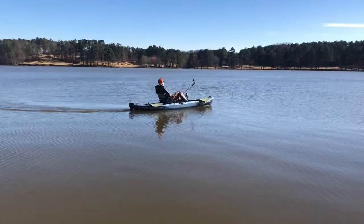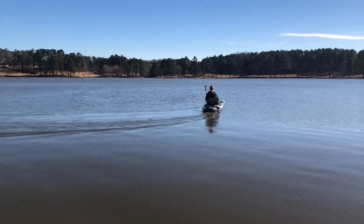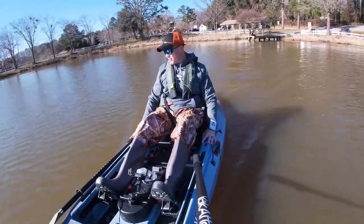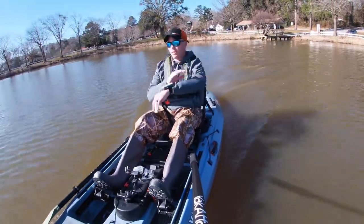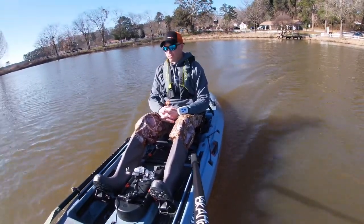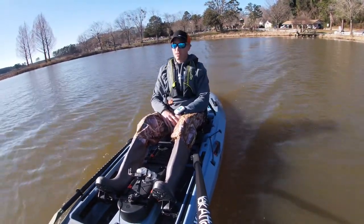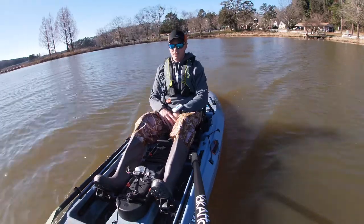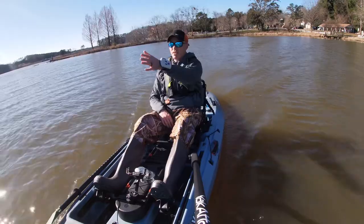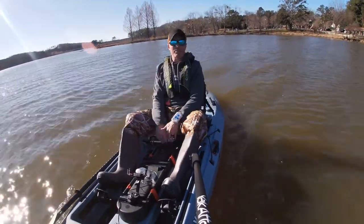Oh my goodness. That motor is awesome. On this battery, and you're going full speed. So this is the Seaghost running full speed. It works pretty well. We're scooting. I mean, if I'm fishing this lake, I could easily kick it in here, go across the lake, and while I'm going across the lake right now, my hands are free. I can re-rig, I can do what I need